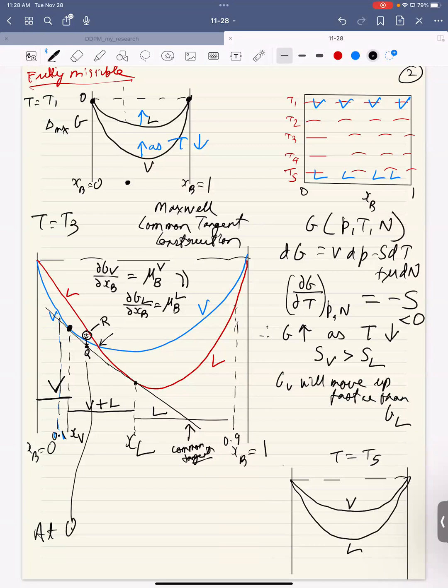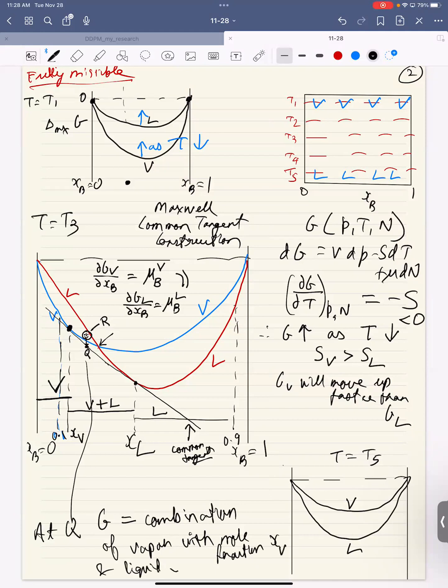At Q, the free energy of the system now becomes a combination of vapor with mole fraction XV, and liquid with mole fraction XL. Okay, so at any point